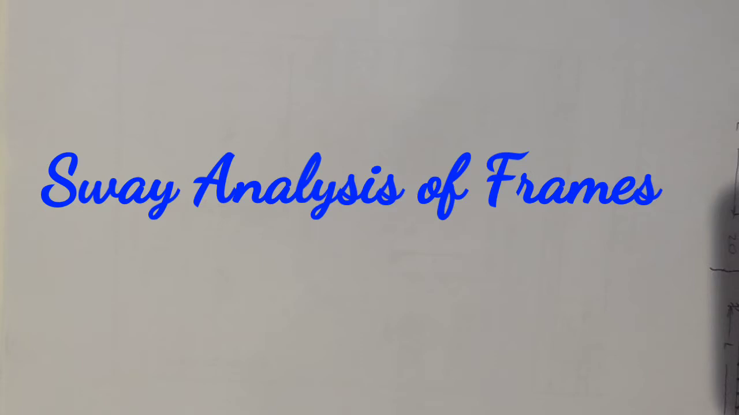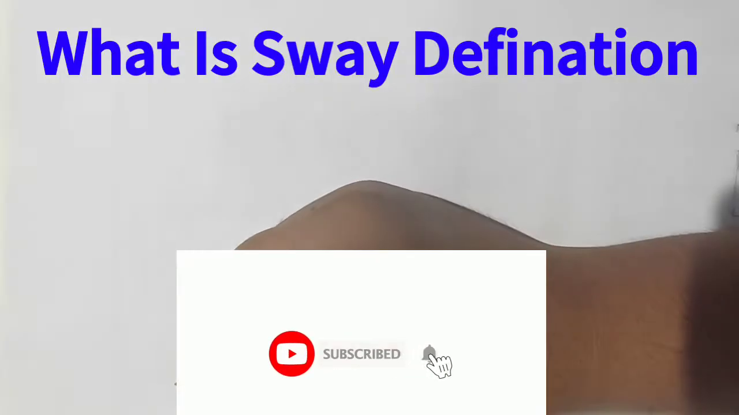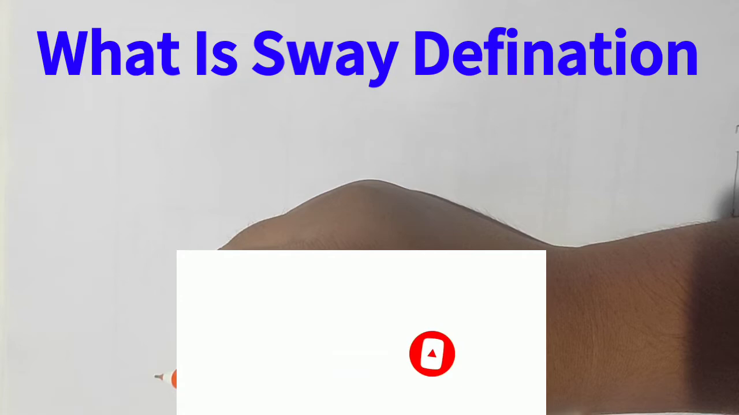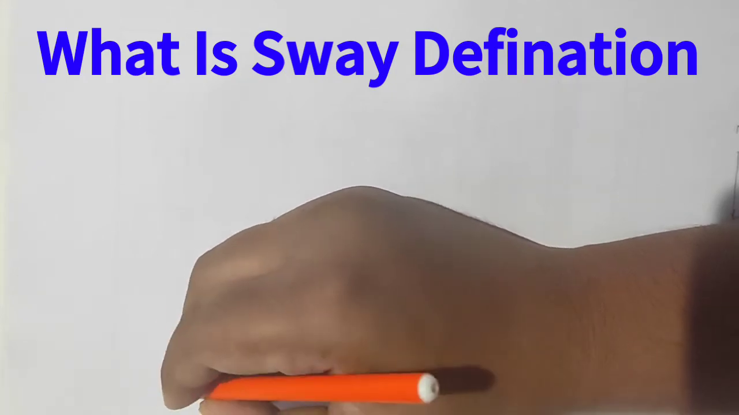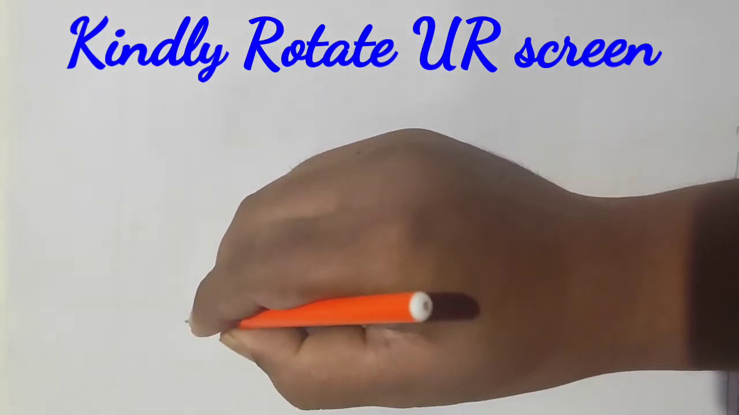Today we'll study sway analysis, or we'll study the sway. What is sway? Sway is the horizontal movement of the end of a column in a frame. That means, for example, if we take a frame like this